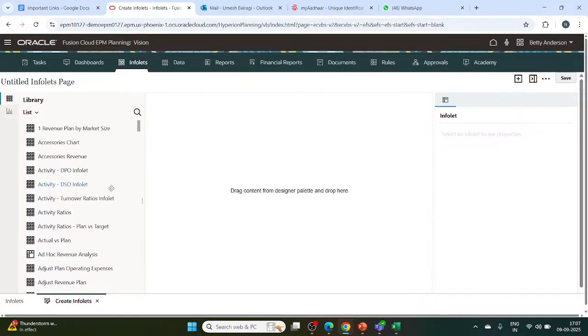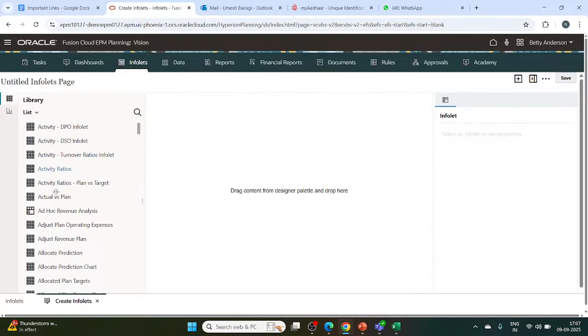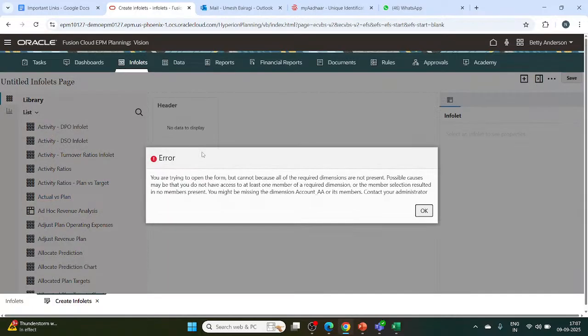Here the particular lists are there, and this is the particular list or library here. So when we drag the content from the designer panel and drop it here, then it will create